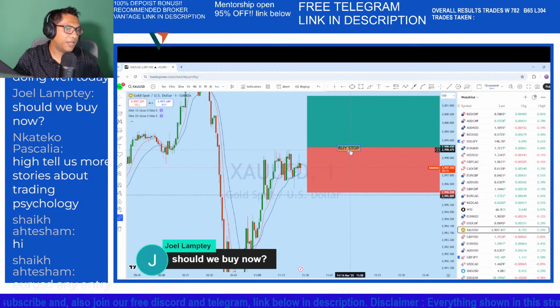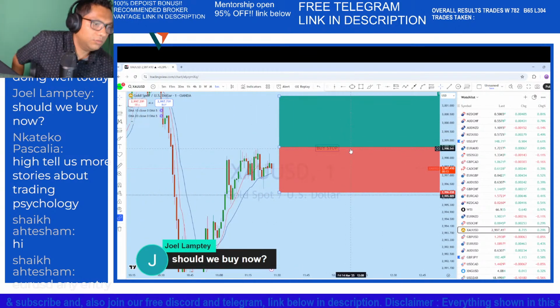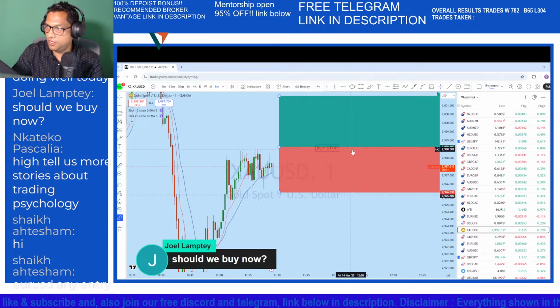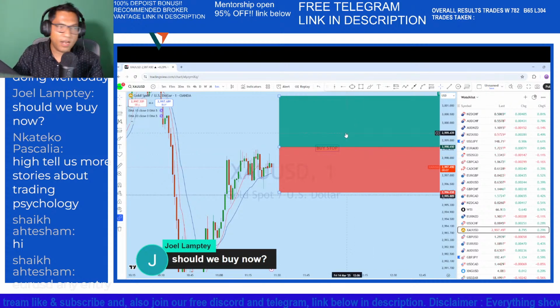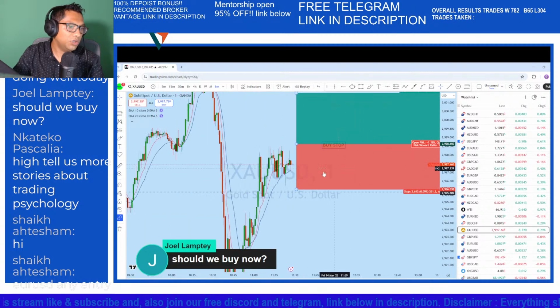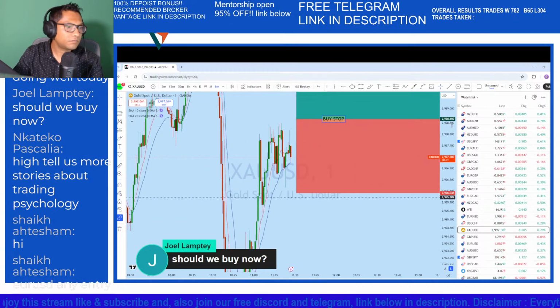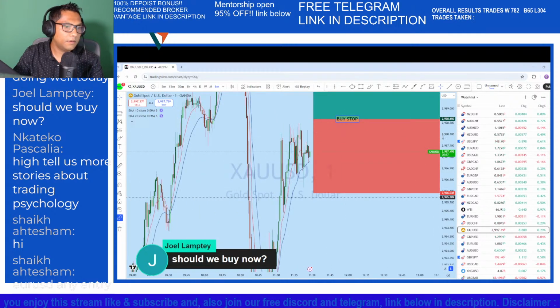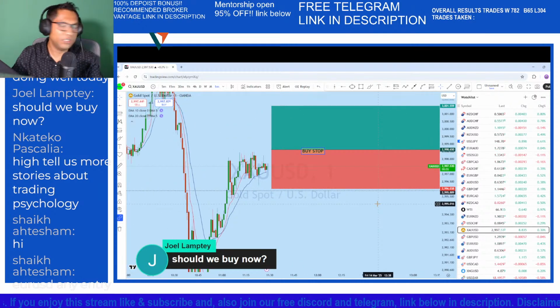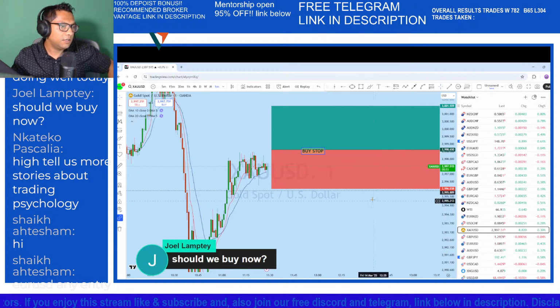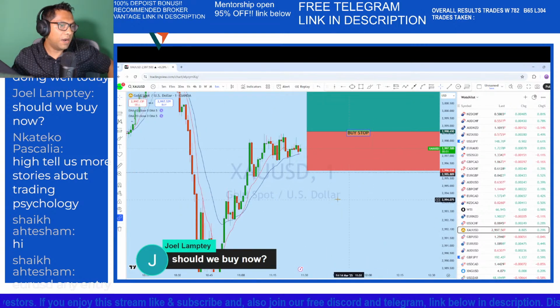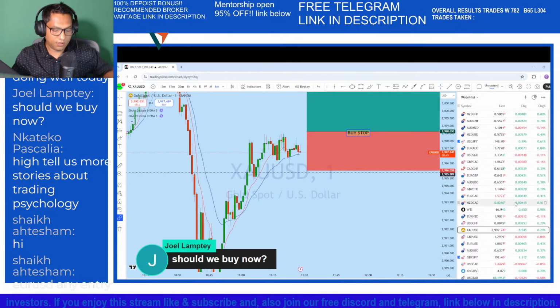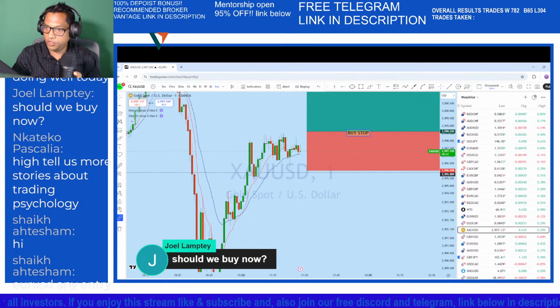If it bounces back again, then we could see the market ultimately moving back to the upside to create a new higher high to the neckline. So we see a couple of long wick candle formations here, and we're just waiting to see if it's able to bounce or if it might grab liquidity here.